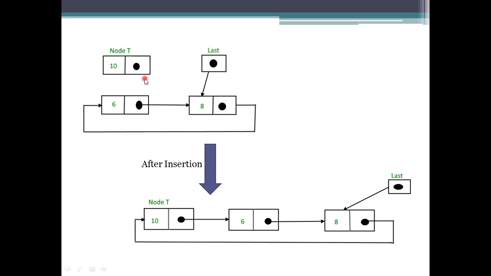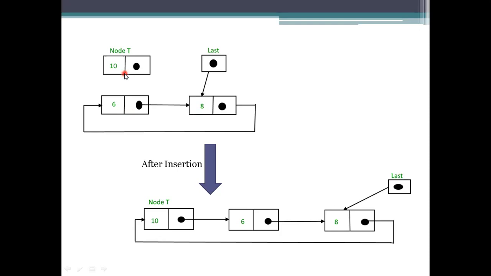Okay. And coming to the adding of this one, we need to add at the beginning here. Before adding at the beginning, we need to make some changes. The last pointer is pointing to the 6 here, but it should point to the 10 now.